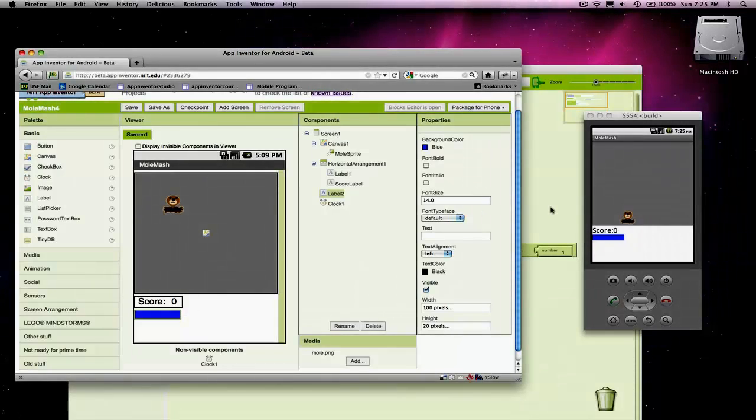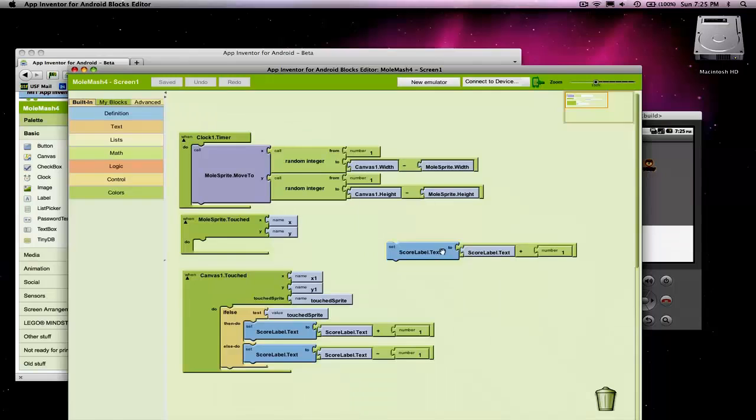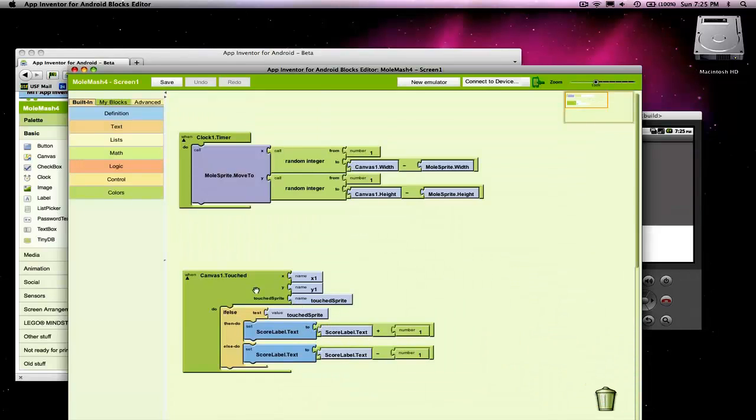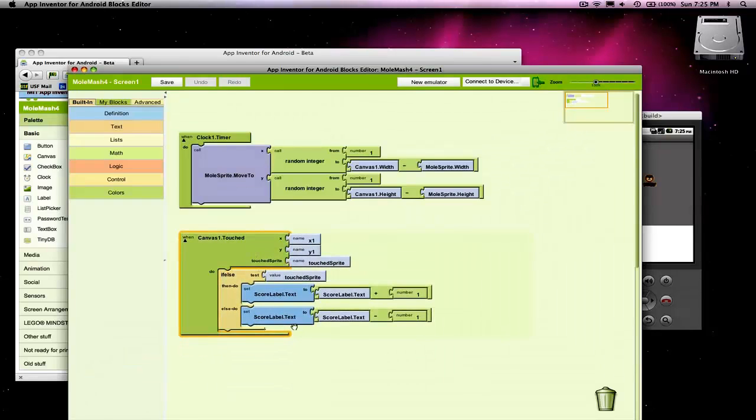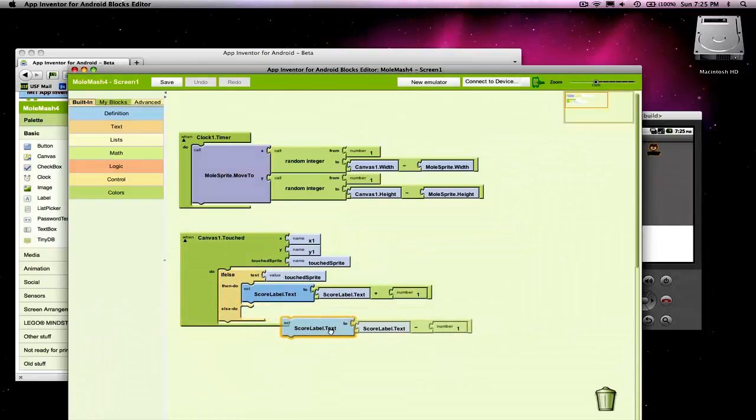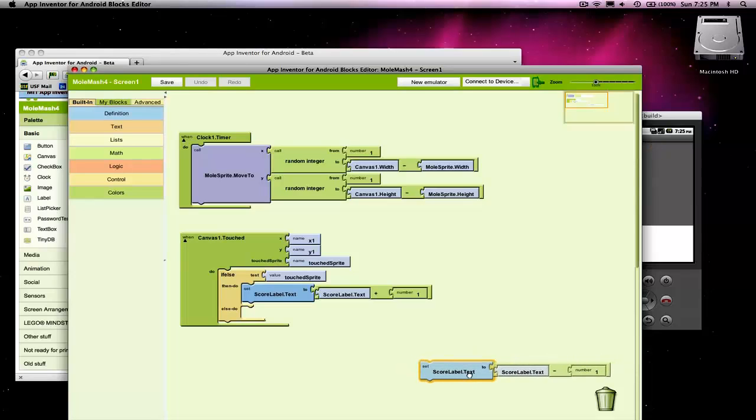Okay, so I'm going to come over to the blocks editor, and what we showed last time was we got rid of the mole sprite.touch, and we replaced it with when the canvas is touched. If the sprite's been touched within the canvas, then we get a point. So we can get rid of these blocks, but we are no longer going to lose points if we miss. So I'm going to go ahead and get rid of this score label to score label -1,